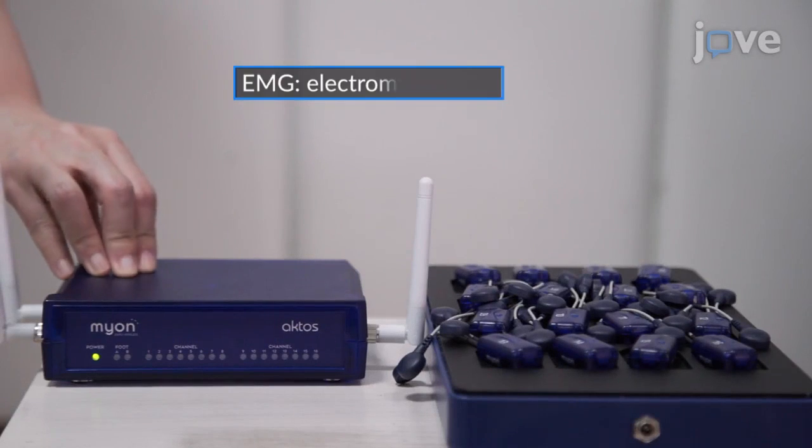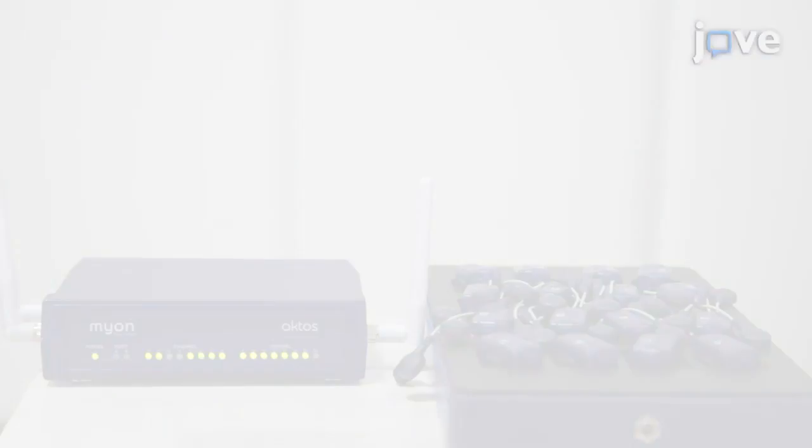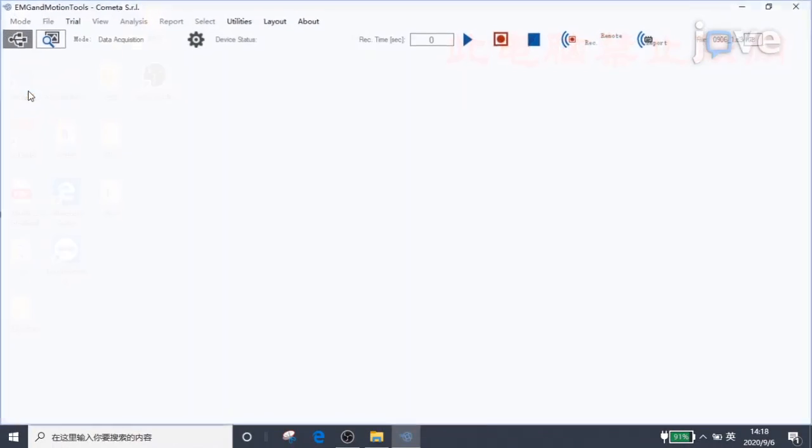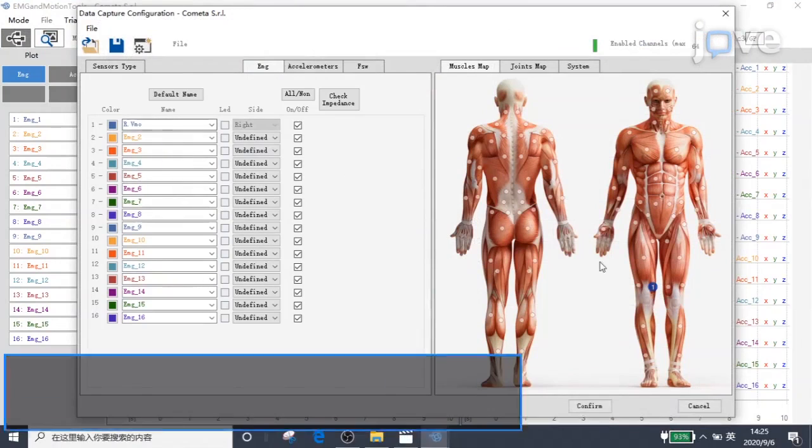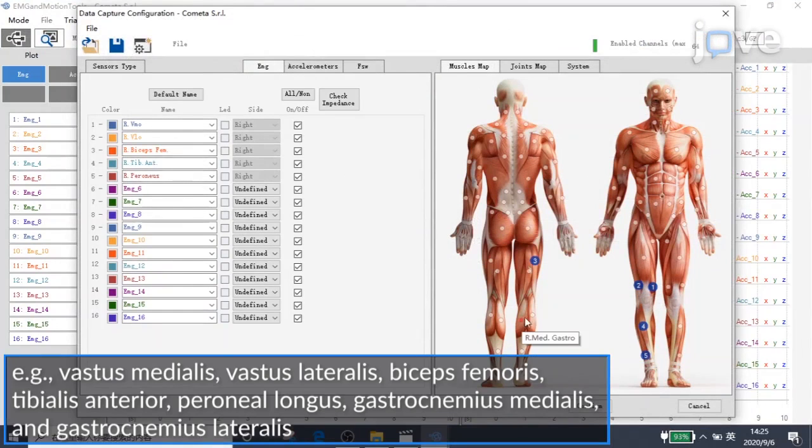Turn on the Surface EMG system and double-click the EMG Motion Tools icon. Specify the trigger signals and establish the participant ID,